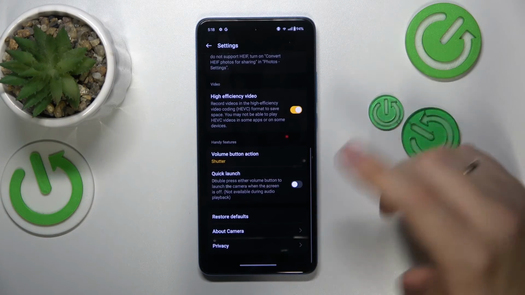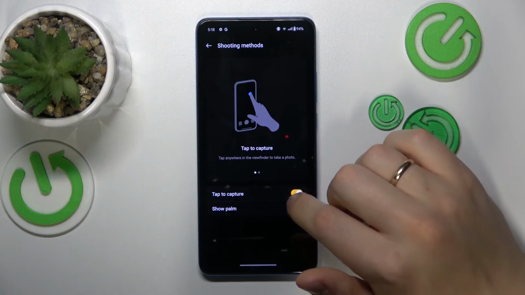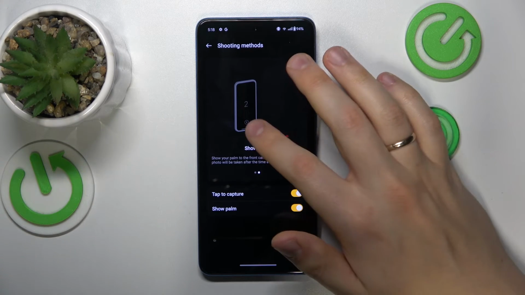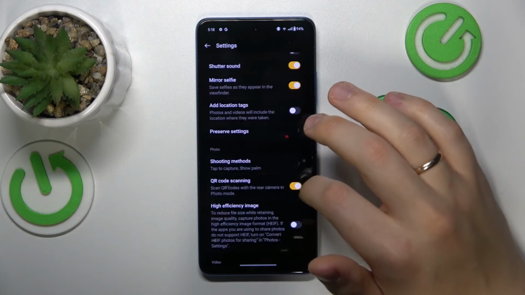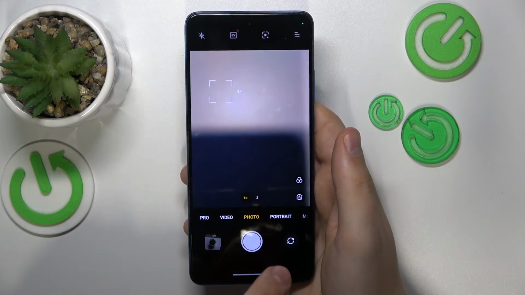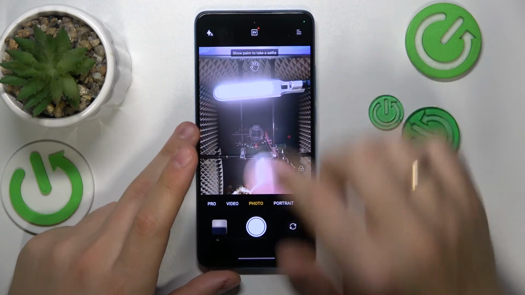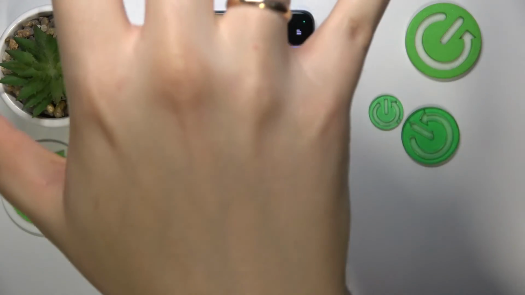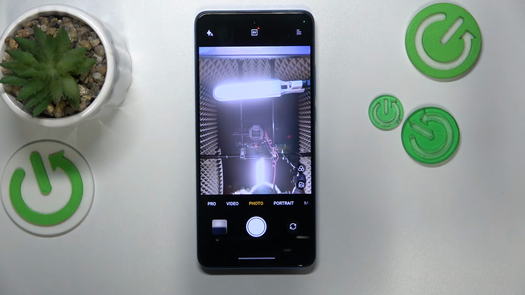And another interesting thing you may have missed are the additional shooting modes, so the tap to capture and show palm. Those preview animations show how they work pretty clearly. The tap to capture just makes it so that you can tap literally anywhere inside the viewfinder and the picture will be taken, as you can see. The show palm works only with the selfie camera, so here you will need to show your palm to the camera, and once it recognizes your palm, it will start a 3 or 5 second timer. To be honest with you, I do not remember